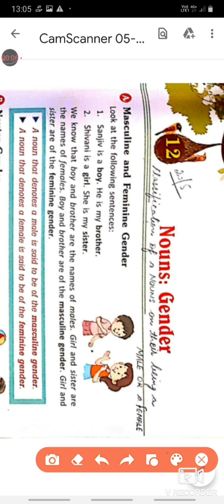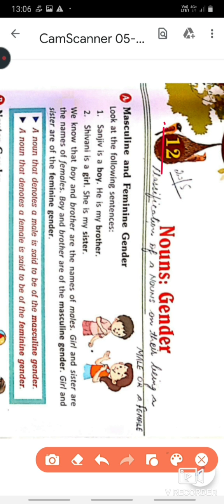Before we start the session of the day, you all must bring your grammar book and a pencil. Open your grammar book to page 29, that is lesson 12. When I start teaching, children, wherever I instruct you to mark or underline, you must do the same. In case you miss something, you may pause the video, rewind it, do what is needed and again resume the video.